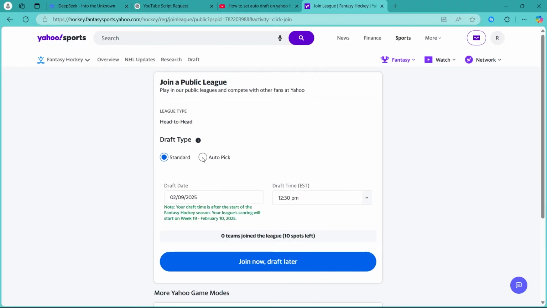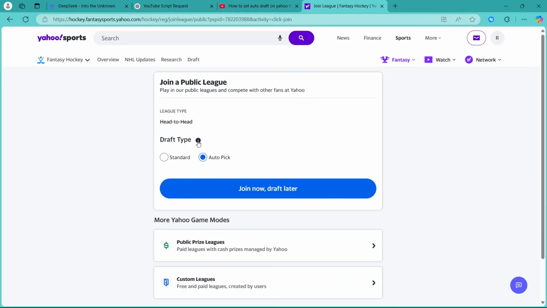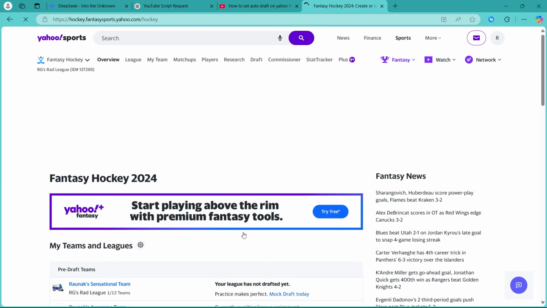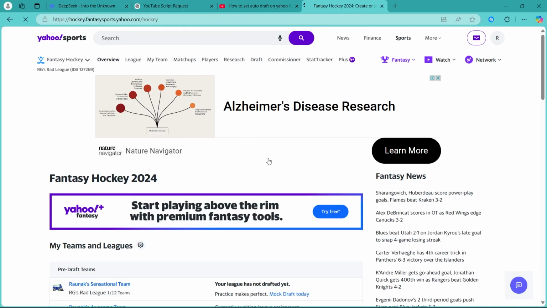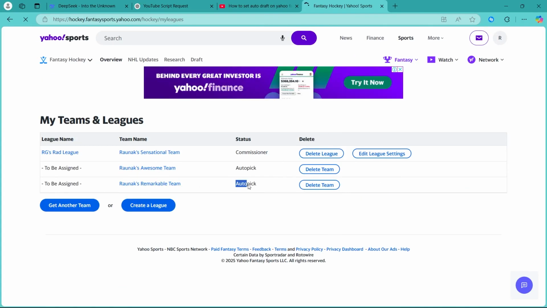Now choose auto pick just right here as the draft type. Now this will be the auto draft set when you choose auto pick. Click on join now and draft later, and your team's status will be set at that. So we'll scroll up, click on the settings icon, and as you can see, the auto pick is already enabled on both of these. So that is a simple way to set auto draft on Yahoo